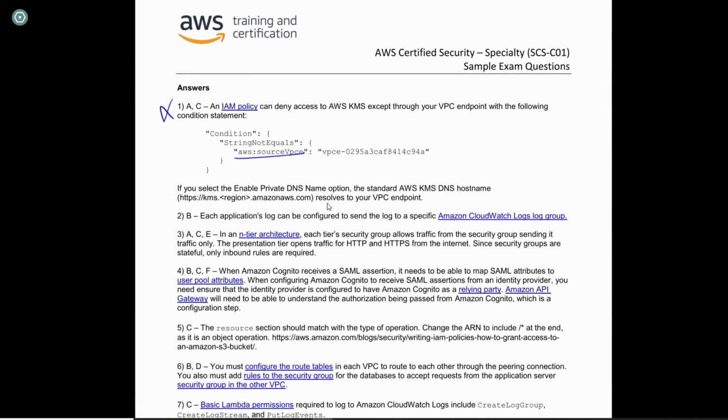So the second one I selected B. Each application log can be configured to send logs to a specific CloudWatch log group, which makes sense. So this is right. The third I selected ACE, which is correct. And fourth I have selected